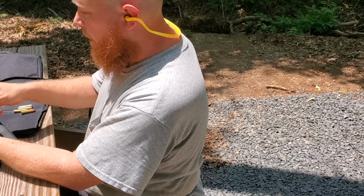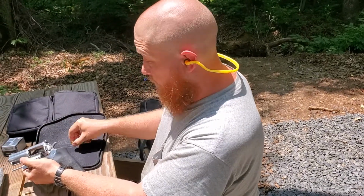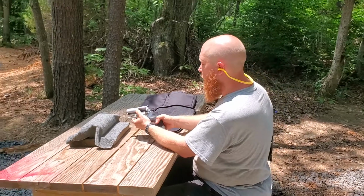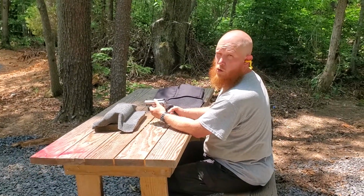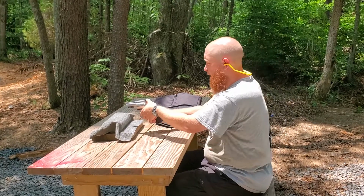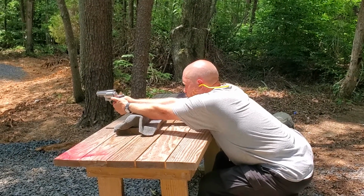So let me load up. We're going to fire through the chronograph, let you guys see the recoil, possibly the fireball that comes from these. And I will read off the chronograph readings from this little 2.5-inch barrel as we go. Are you ready? Yes. All right. Here we go. Shot number 1,